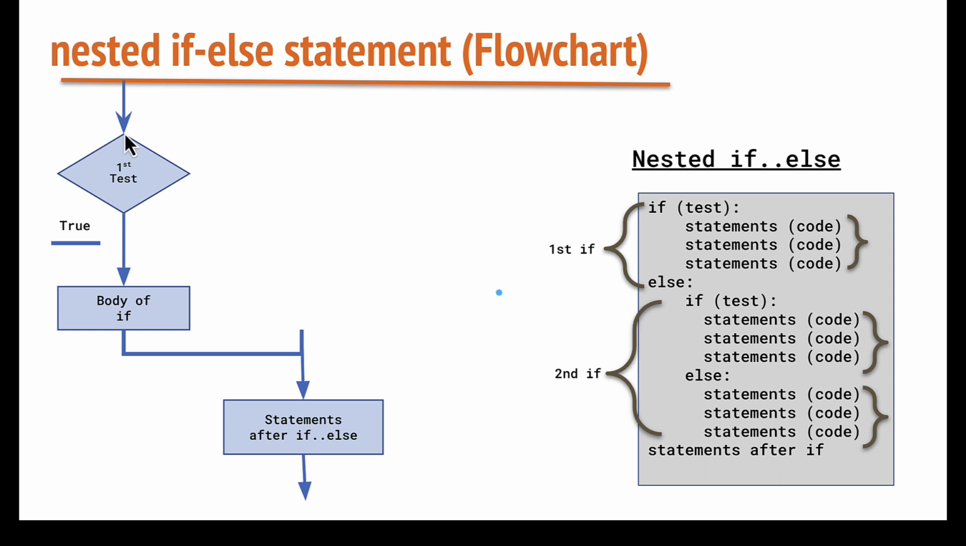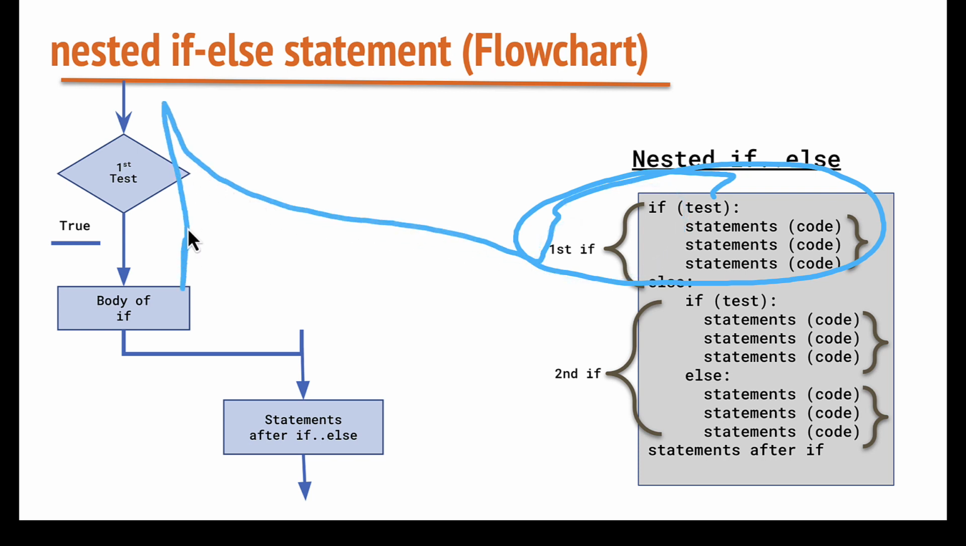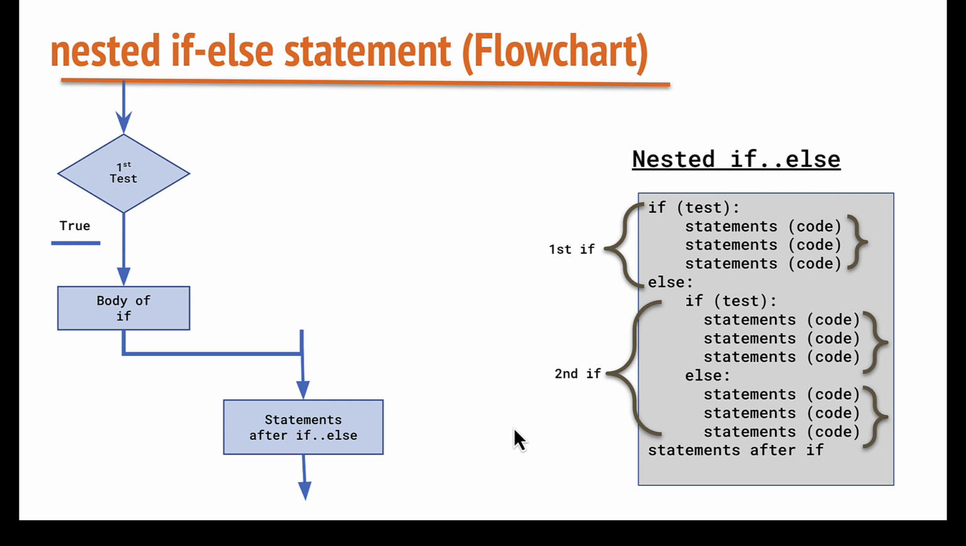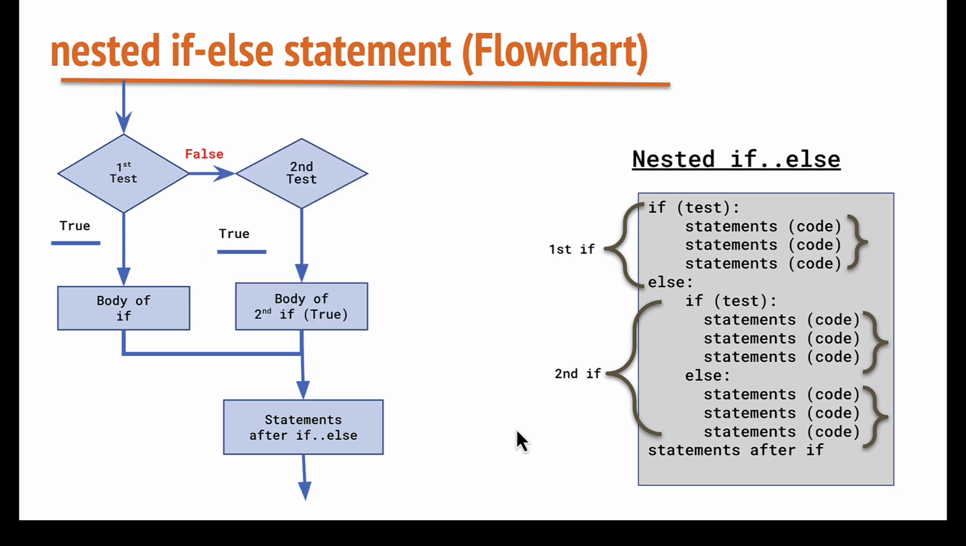So we have our conditional test. So once again, the diamonds are doing some kind of evaluation. If that happens to be true, it's going to execute some kind of body of code. So this basically is the first if. If this statement is going to be true, it's going to execute this. So all this is going to be part of this flowchart. So now, if the condition runs false,